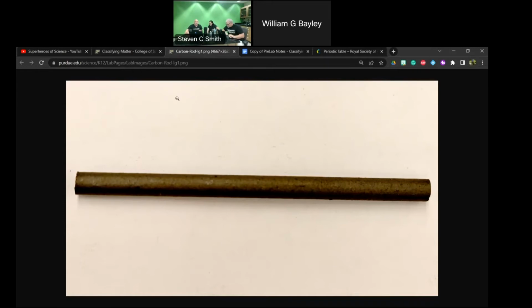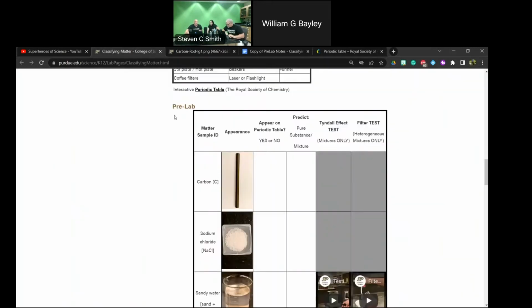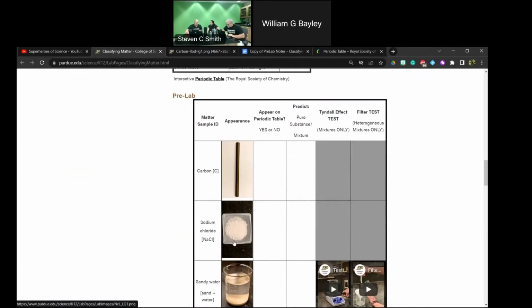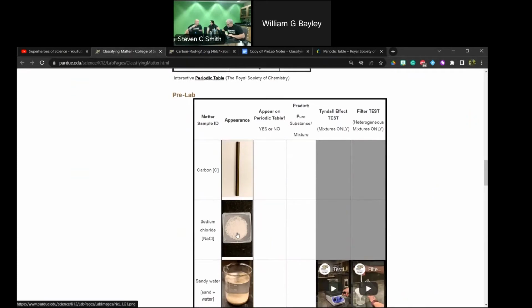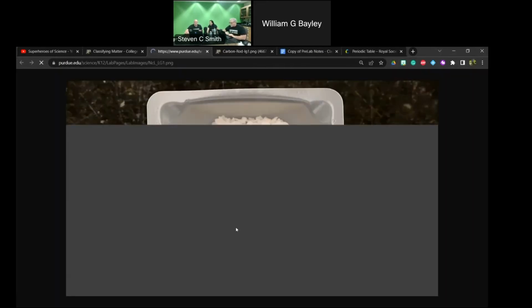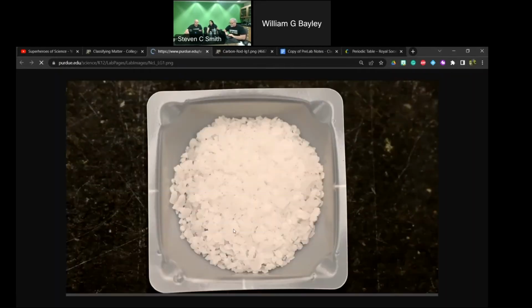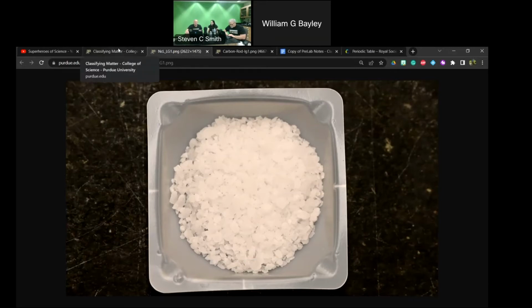I have them popping up in a new window so you don't lose your place. But the cool ones are in the lab, the sugar and stuff. You can see really good detail on this when I took that picture. I'll click on sodium chloride just to see here. I think this one looks great. You can see a lot of detail in it. In this one, we were using a kosher salt. I think you can see those flakes a little nicer for that. But you could certainly use just regular salt. This does not have iodine in it, so this would be just sodium chloride.